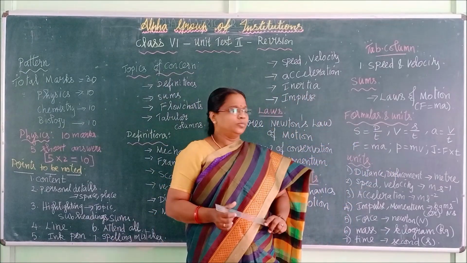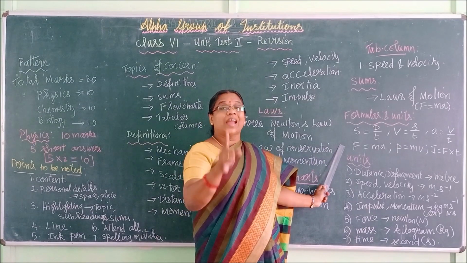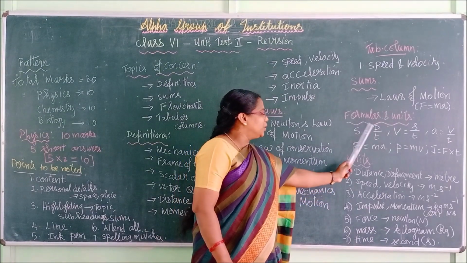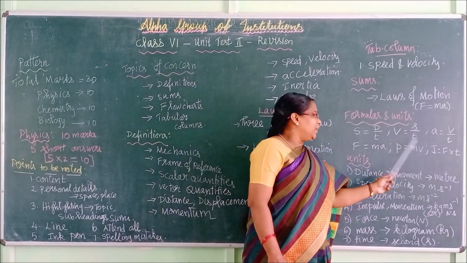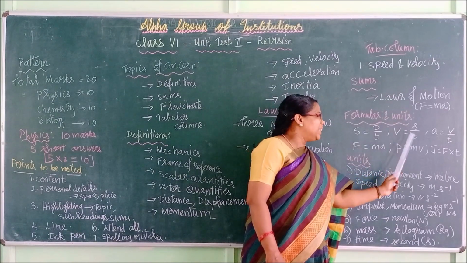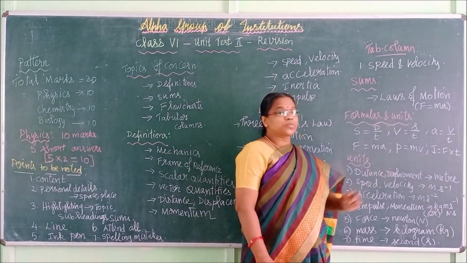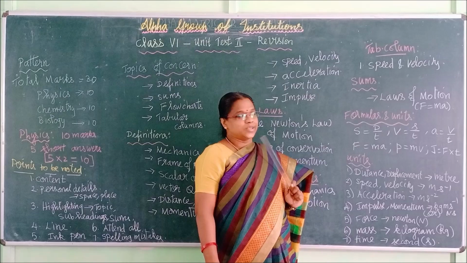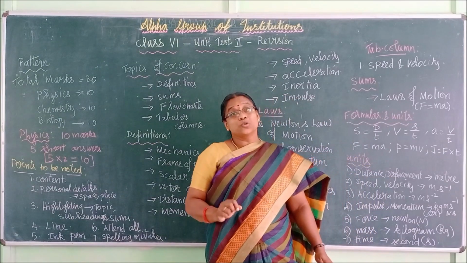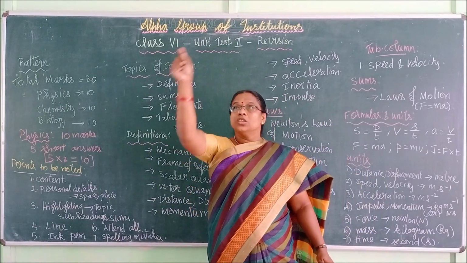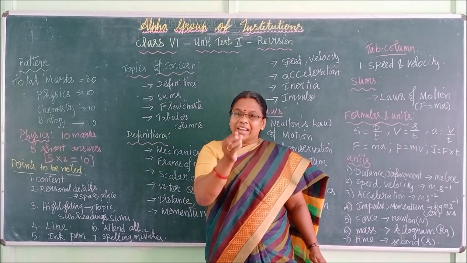You have to know these formulas in your content. Note them down, memorize, write and practice. Speed is equal to distance by time, S is equal to d by t. Velocity is equal to s by t, velocity is equal to displacement by time. Here this is capital S, this is small s. This is speed and this is displacement. So don't be confused. While writing the formula also write capital letter and small letter distinctly. Some children will write S in a bigger way as capital and S in a smaller way as small letter. Not like that, children. Write in a differentiable way.